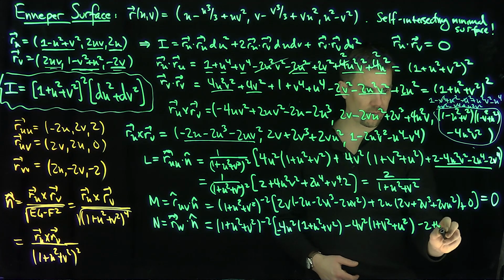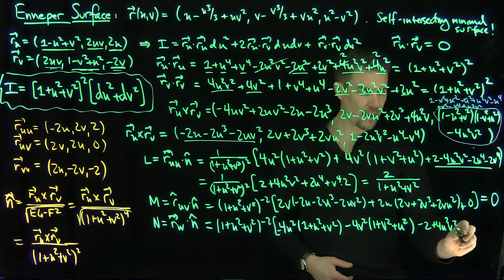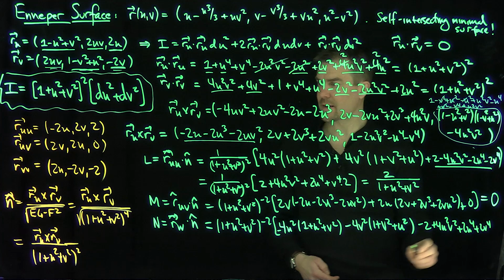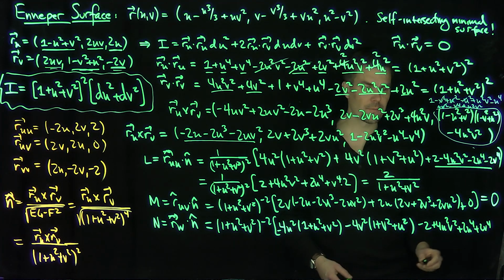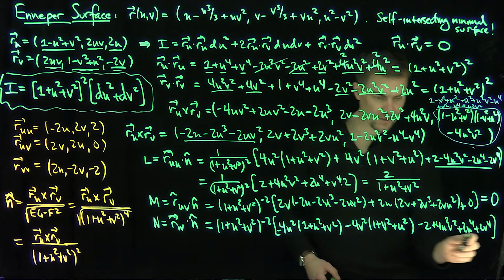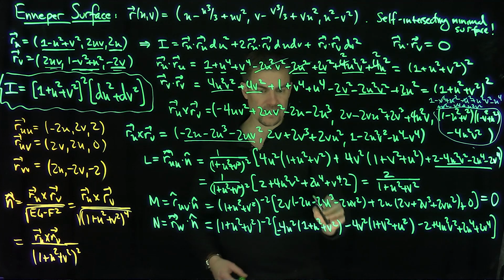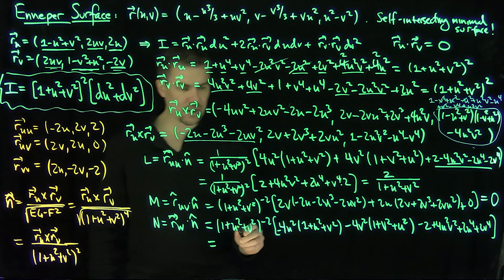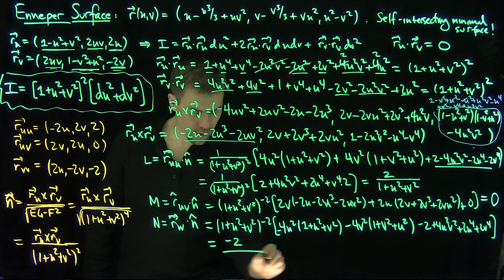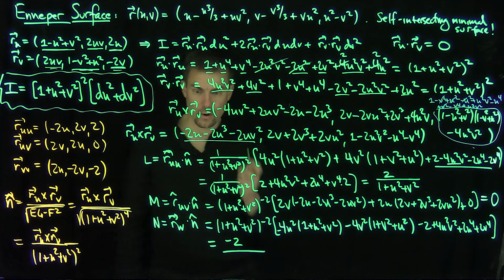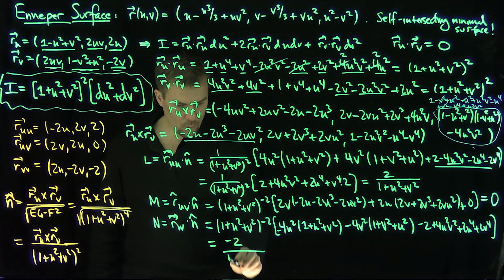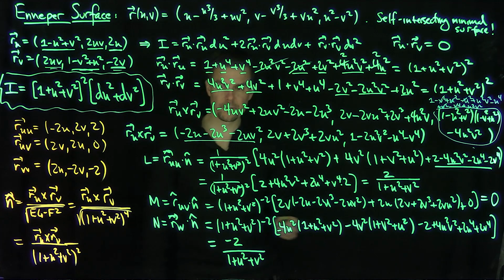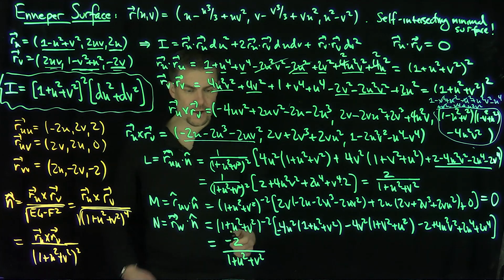So negative 2 plus 4u squared v squared, plus 2u to the fourth, plus 2v to the fourth, because it's just the opposite and negative over there, because you're dealing with a 2, right? Beautiful. And so now, of course, this is exactly the same thing as this L, except with the opposite sign. So this N is equal to negative 2 over 1 plus u squared plus v squared, like that. Okay? Beautiful. So those are the coefficients of my